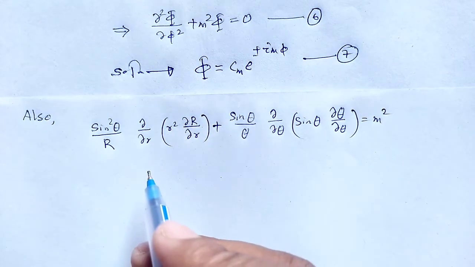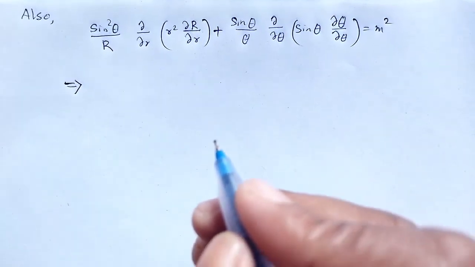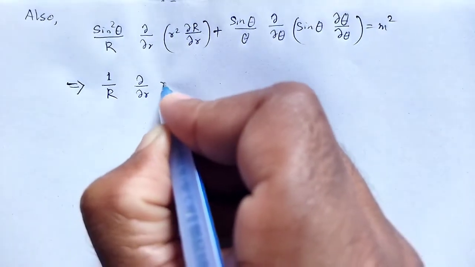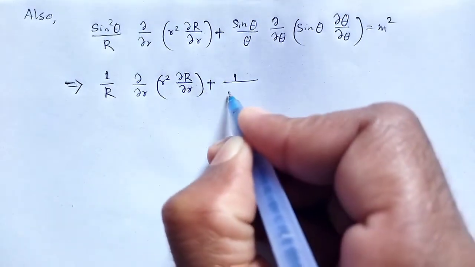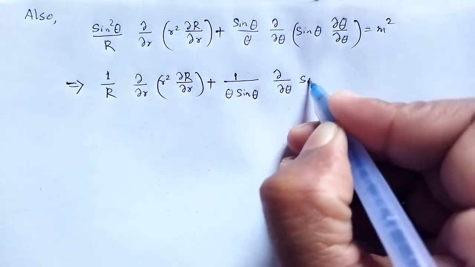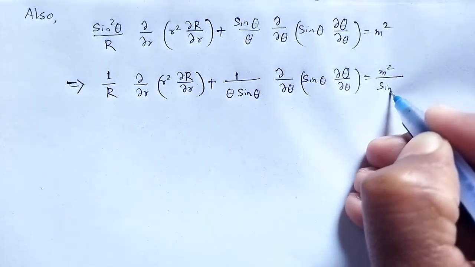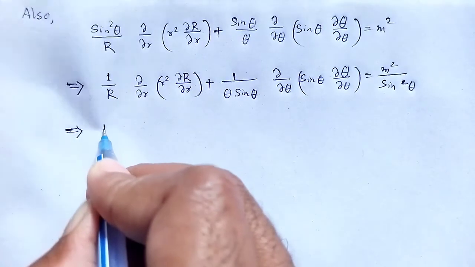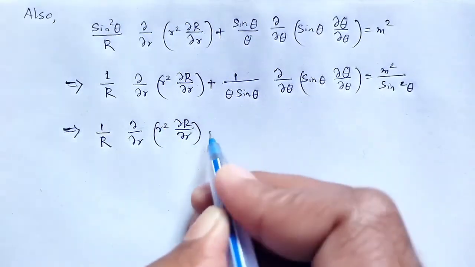Now dividing by sin square theta on both sides, we get 1 by r del by del r of r square del r by del r plus 1 by theta sin theta del by del theta of sin theta del theta by del theta plus m square divided by sin square theta, which implies 1 by r del by del r of r square del r by del r is equal to